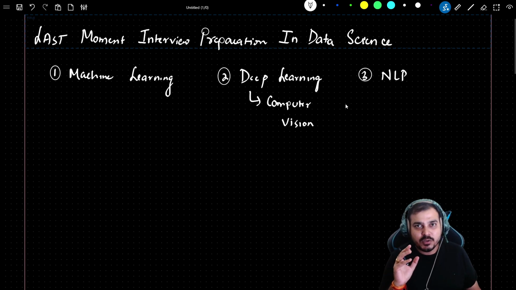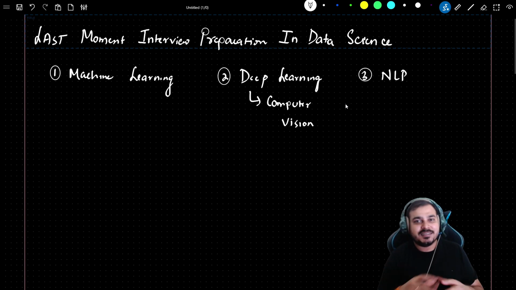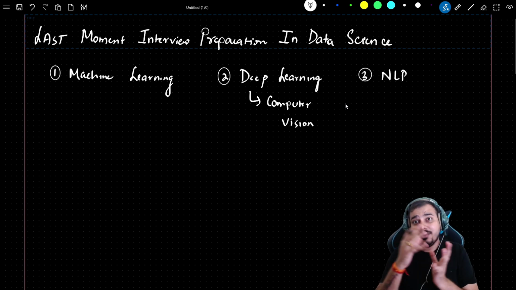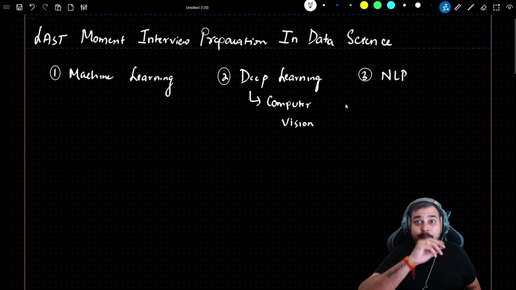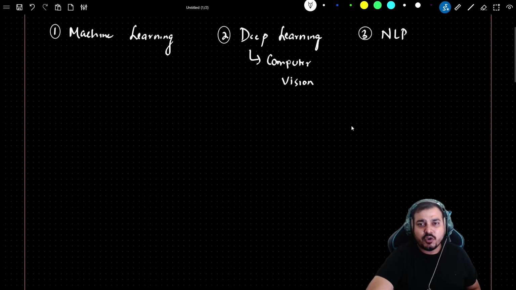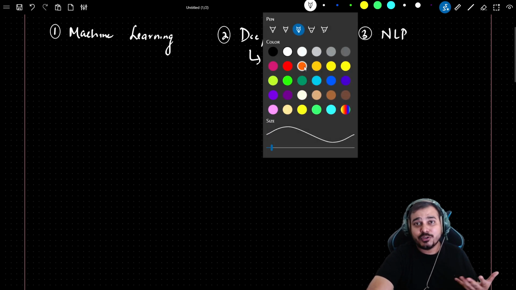Now, with respect to these things, any question that they may ask will be revolving around this. It will be revolving around statistics, and around the math part of the machine learning algorithms. So how should you go ahead and prepare efficiently? Let me just show you one way that I usually followed when I used to prepare for interviews.